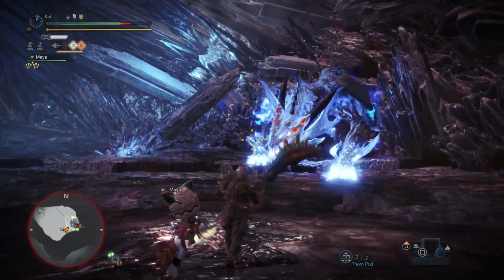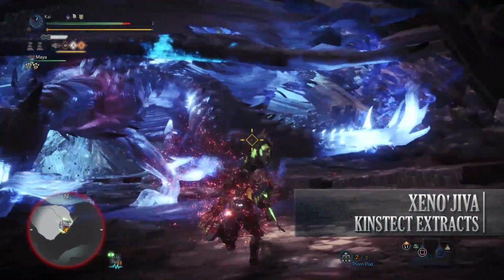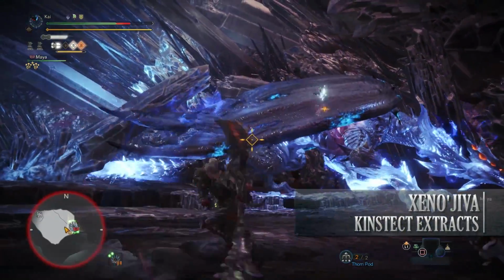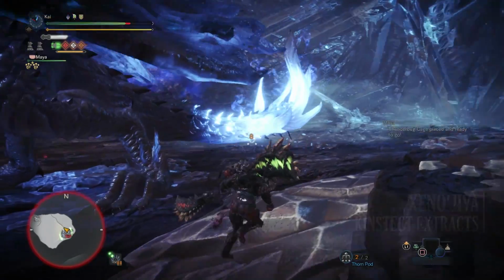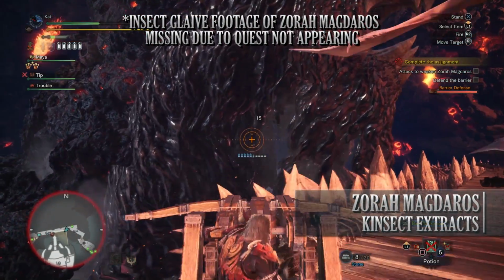Now one of the set piece elder dragons, Xeno'jiiva, you will get red from hitting its head or chest, orange from the neck, body or either of the hind legs, white from the wings or the forelegs, and green from the tail. And finally with Zora Magdaros, if you're interested in going for extracts from this creature, you get red